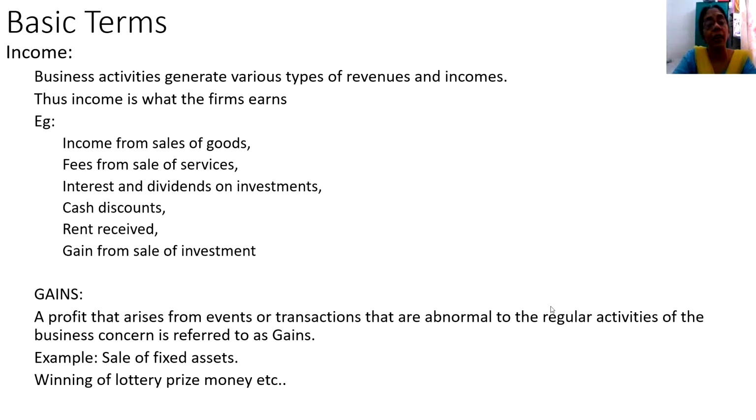So income might be from the sale of goods, or if you are a service-oriented industry, for instance, you take BMTC. What is the revenue for BMTC services? The passengers pay the ticket money, and that entire ticket money collected is the income of BMTC. It doesn't sell buses, it runs buses. When you take Tata or Maruti, it sells automobiles. Car sales are being done. So the income for Maruti would be the income generated out of selling cars, whereas for BMTC, services are provided. So income is related either to providing services or to selling goods.